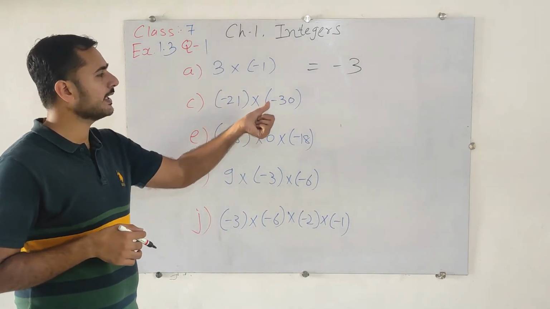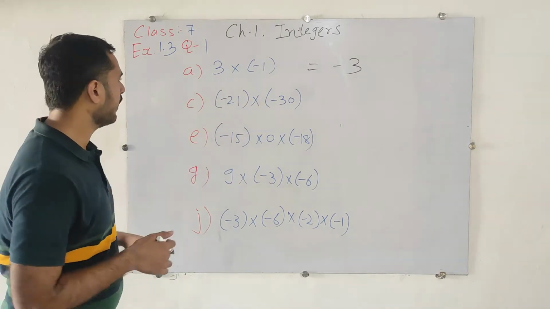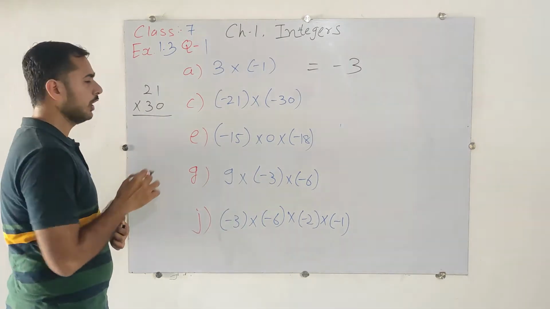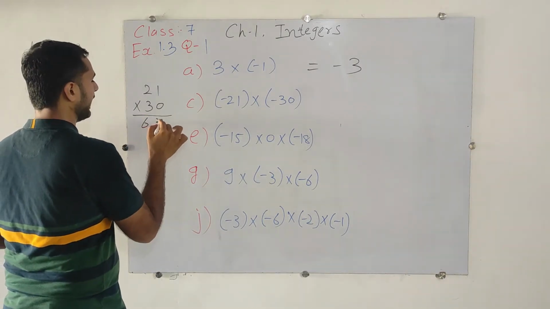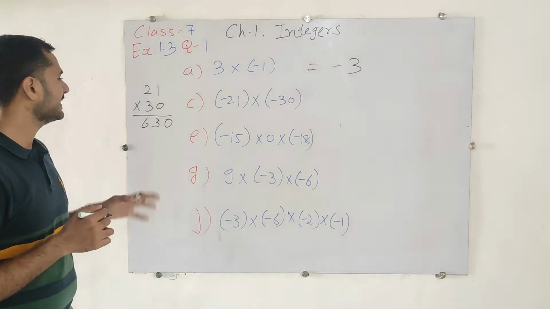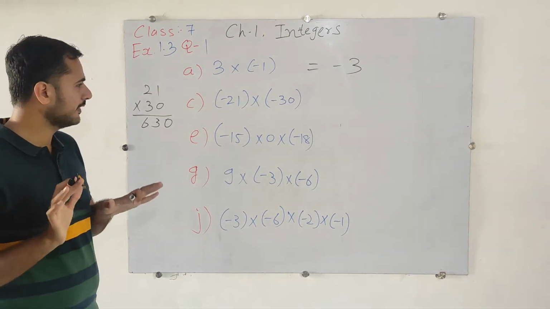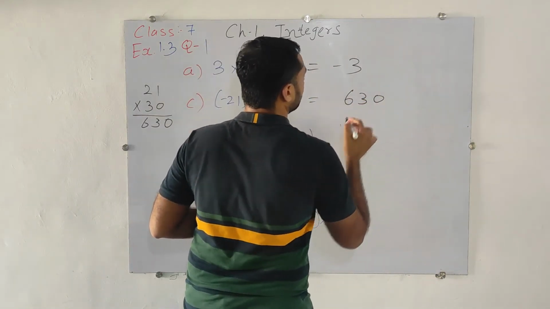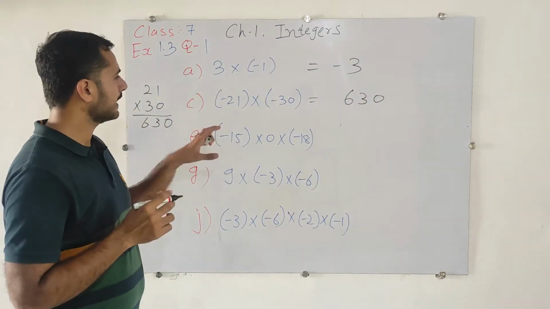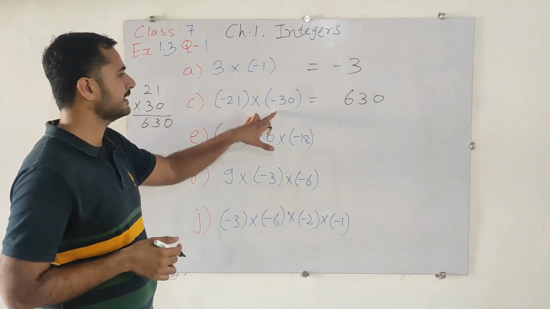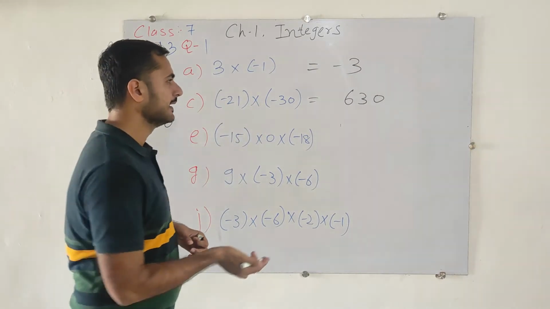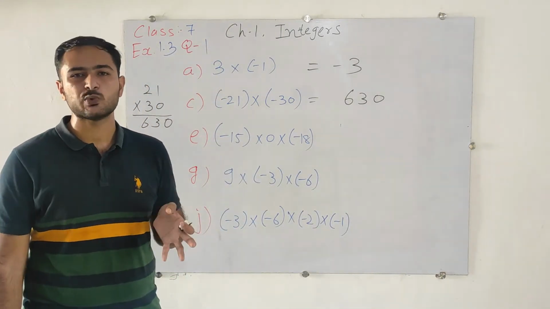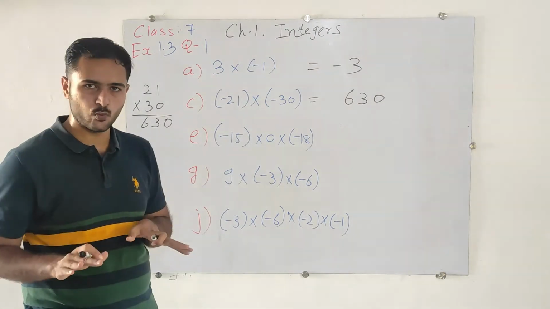Again, the next one. Here is 21 and 30, sorry, minus 21 and minus 30. So for that you need to do 21 multiplied by 30. 3 ones are 3, it's 63 and 1 zero. So the answer we got is 630, but which sign will we put? That's again based on the sign chart. Here is minus and here is minus. So minus minus plus, it means it will be positive. In the numbers we don't need to place the positive signs. If no sign is there, it means that's the positive one only.